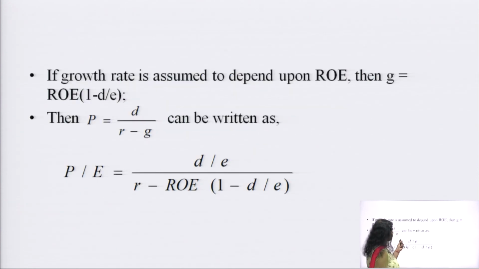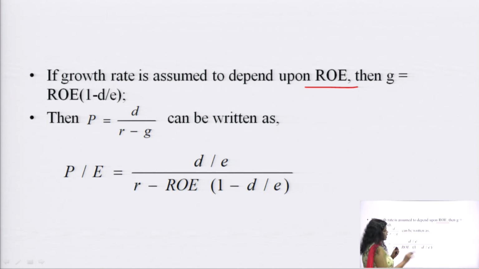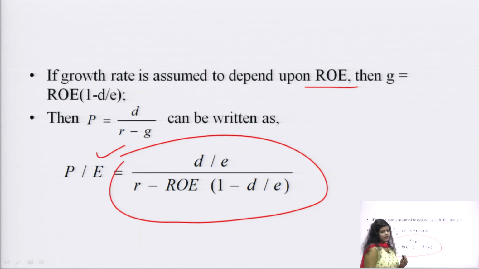Again, this is another model for PE ratio where ROE is adjusted in. Whenever ROE is one of the major criteria for investment decision, ROE is adjusted into the PE ratio model, and this new model is obtained for calculation of the PE ratio. This is simply for cases where ROE is considered one of the major factors for taking investment decisions by the investors. So these formulas can be easily applied in questions, and then decisions can be made